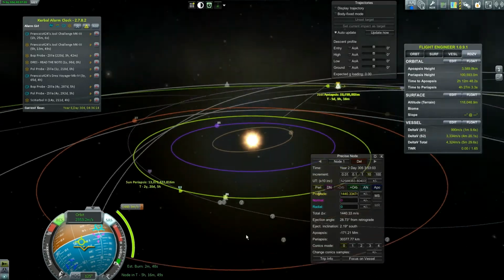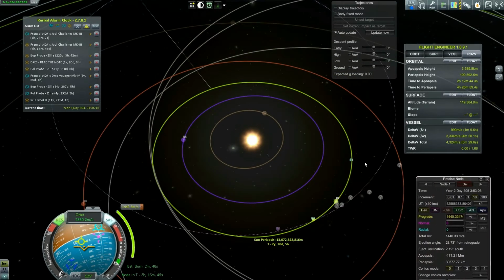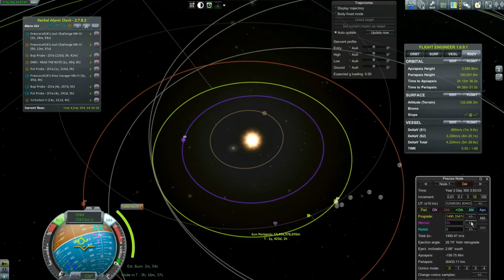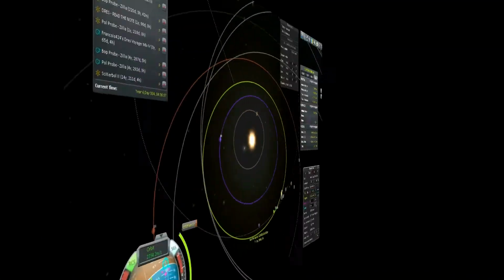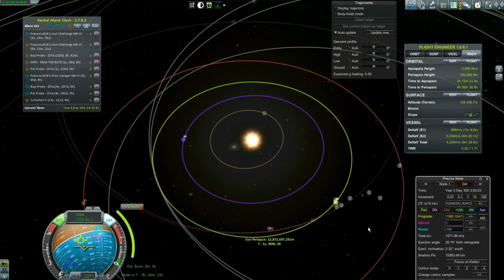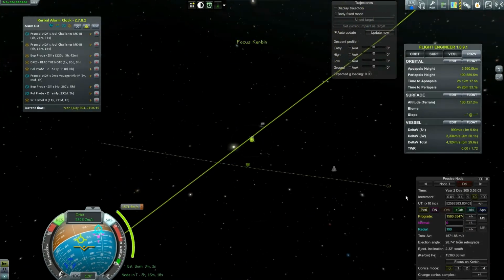Okay, now where is Kerbin when this happens? Kerbin is here. So if we burn a little bit faster, that brings them together. But we also need radial? A little bit of radial. Oh. Now focus on Kerbin. We're going to try to nail at least a good...